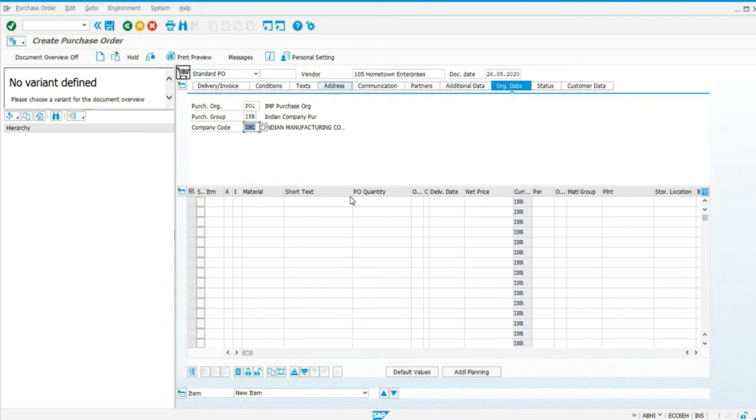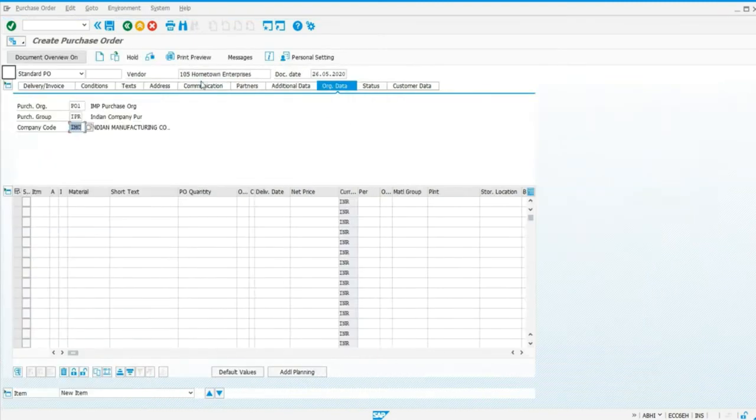But it is a standard process that firstly we request a purchase requisition, then we issue a request for quotation, we maintain data in the request for quotation, and then we shortlist the vendor, and now we are adopting the quotation sent by our shortlisted vendor. So in order to adopt the purchase requisition or request for quotation, the standard procedure is to click on this 3 tab. This 3 tab is coming in this document overview. If you switch it off, the portal will look like this. So in order to adopt that, you have to click over here,